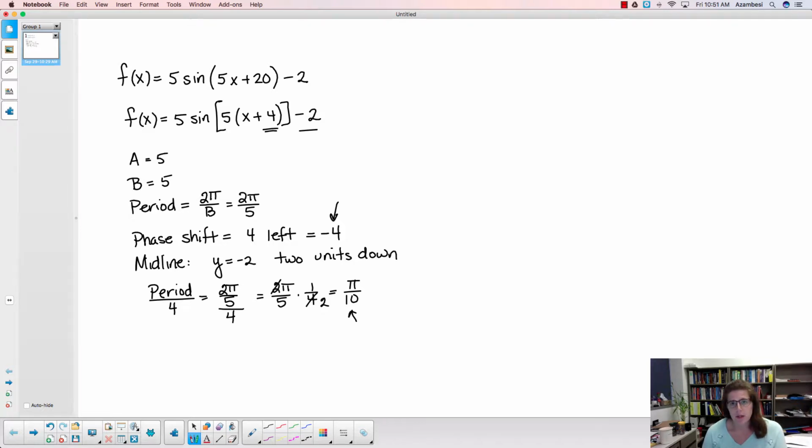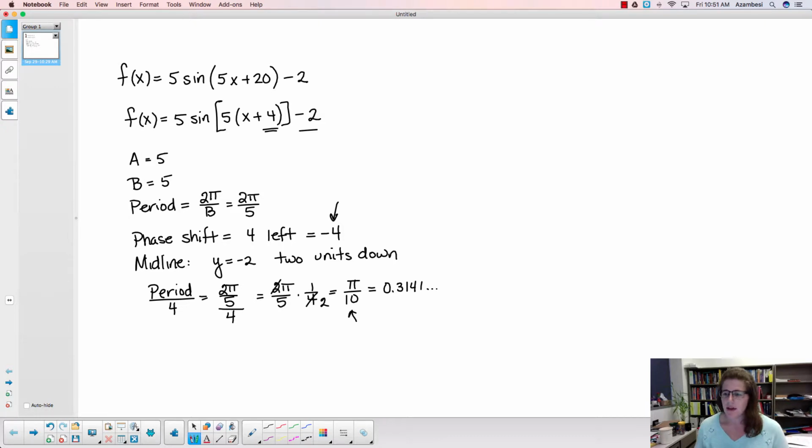So what I would do in this case is put this pi over 10 in your calculator to get a decimal representation, so that you get a good idea of where to put these hash marks on the graph. So if I am looking in my calculator, pi is 3.14159 forever and ever. Divide that by 10 and you get 0.3141 and so on. It would continue on. So about a third, or just shy of a third,